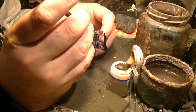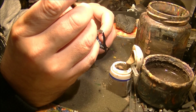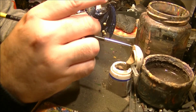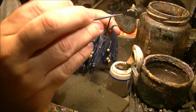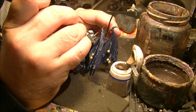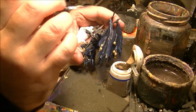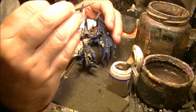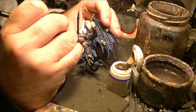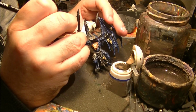So I apply this, for example, here, and I will apply it on this part here. Remember that I want to go quite light in color at the end, so if this is too thick, don't be very concerned. We will correct it later on if needed. At this moment, what we try to do is to create the pattern that we want to follow for future strokes. See here, I try to